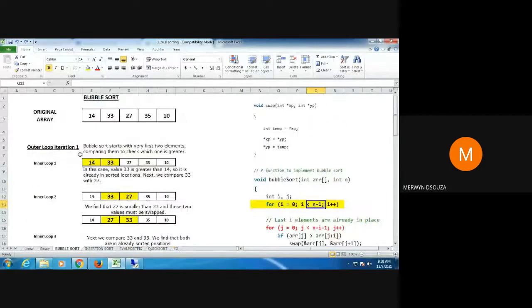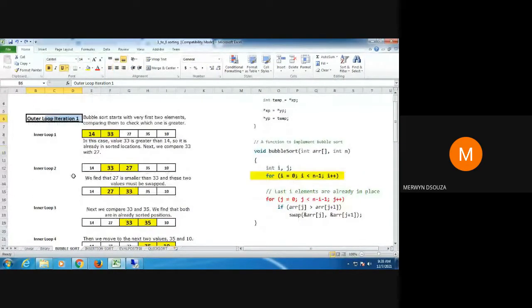Similarly, we are going to have 4 inner iterations. So 4 outer and 4 inner. When we start with the first outer iteration, we are going to have 4 inner iterations. Then we will go to the second outer iteration and so on.